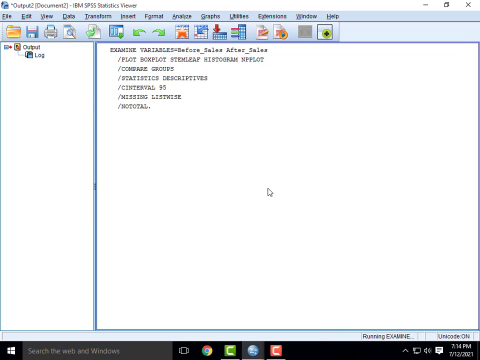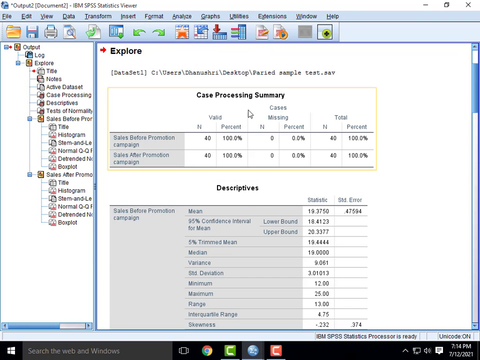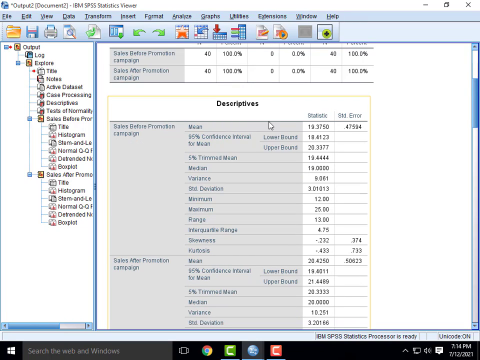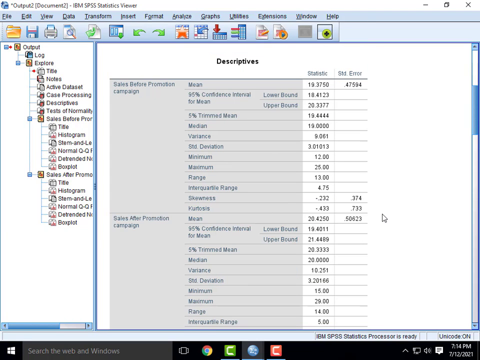Here we get the case processing summary. We have 40 data, 100%, no missing values. Now come to the descriptives: mean, median, variance, standard deviation, minimum and maximum, skewness and kurtosis.